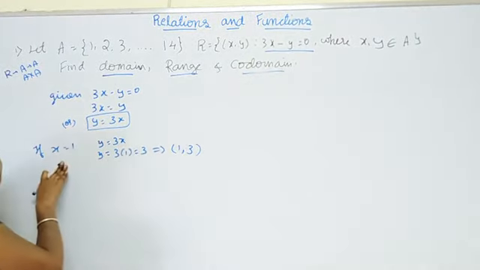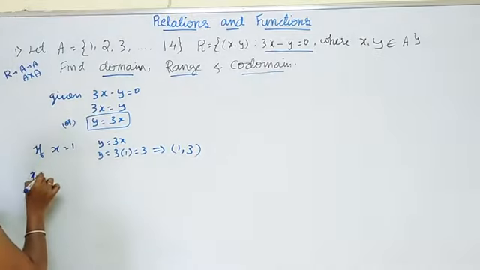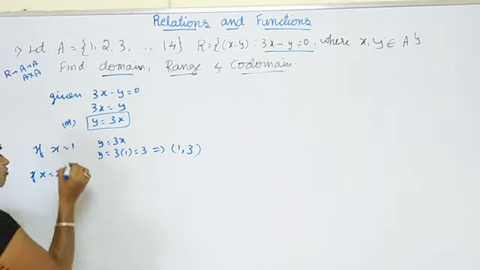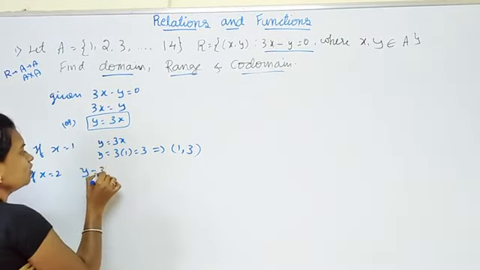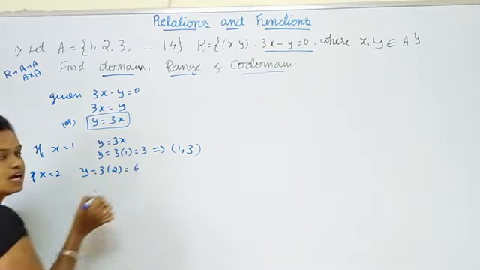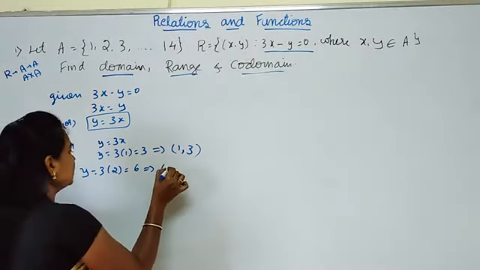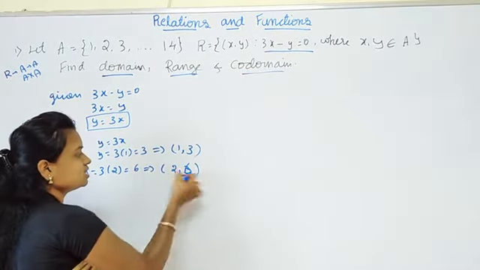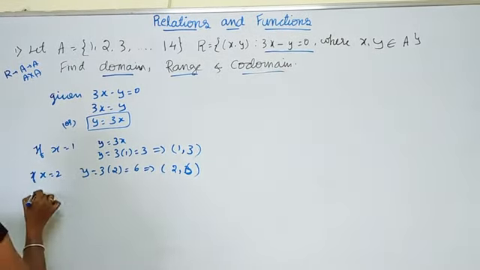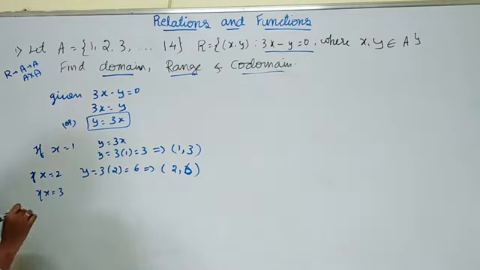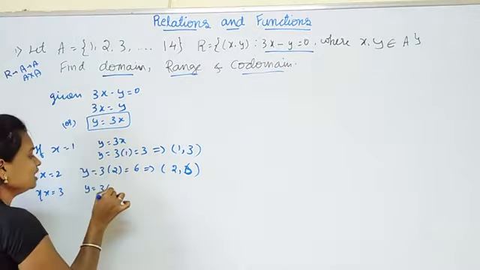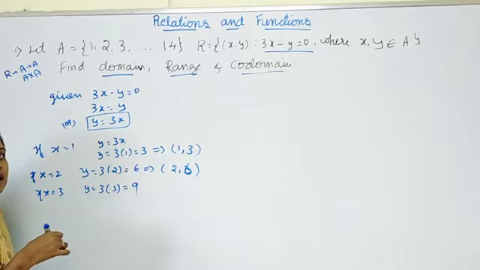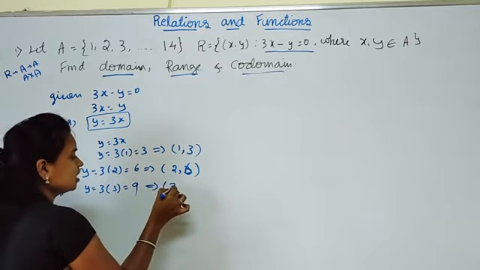Similarly, if x is equal to 2, y becomes 3 into 2, which is 6, so the ordered pair is (2, 6). Similarly, if x is equal to 3, y is 3 into 3, which is 9. Then what is the ordered pair? If x is 3,